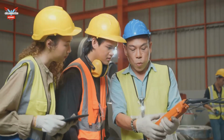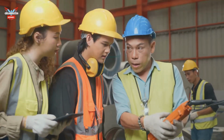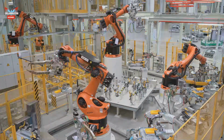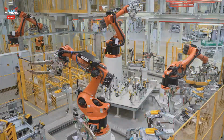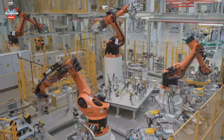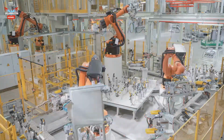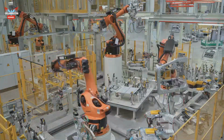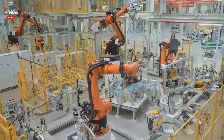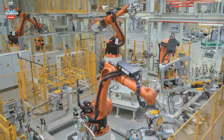Organizations that prioritize employee development have seen improved talent retention and workplace satisfaction. Through strategic upskilling initiatives, manufacturers are creating environments where humans and machines work together effectively, leading to enhanced decision-making capabilities and improved operational efficiency. The integration of collaborative robots, or cobots, has been particularly successful in areas requiring both precision